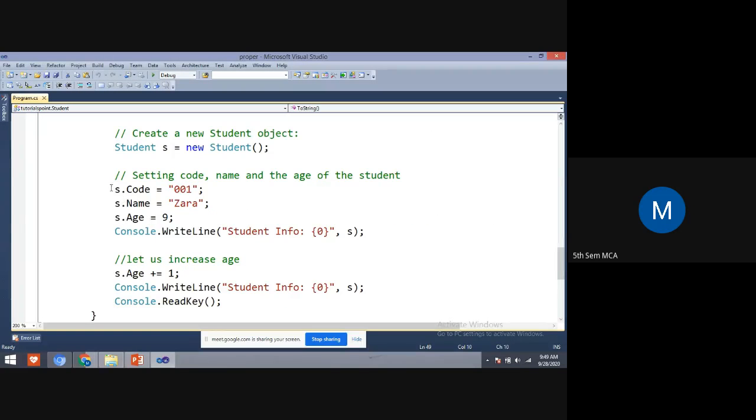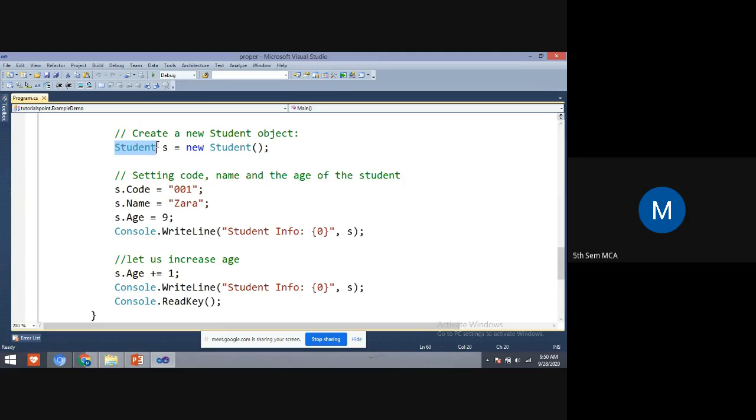Now coming to the main program, you know students, what is this? Respond. What is this? Creation of object. How are we creating the object?